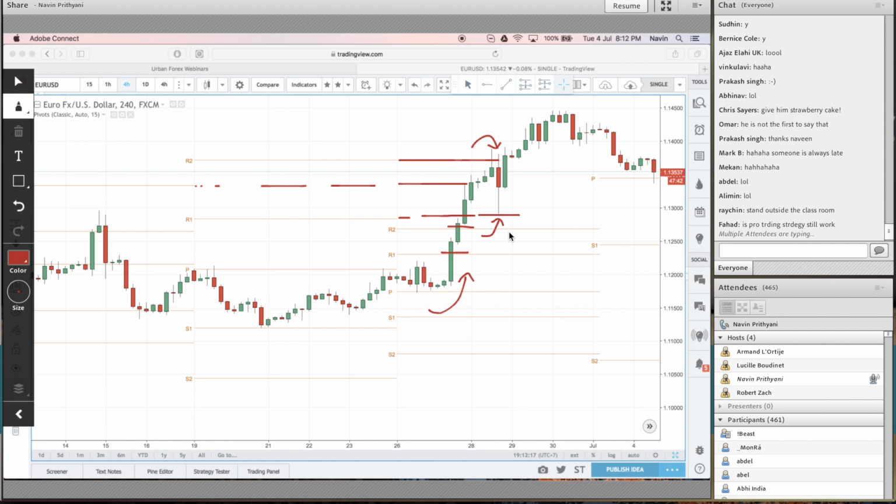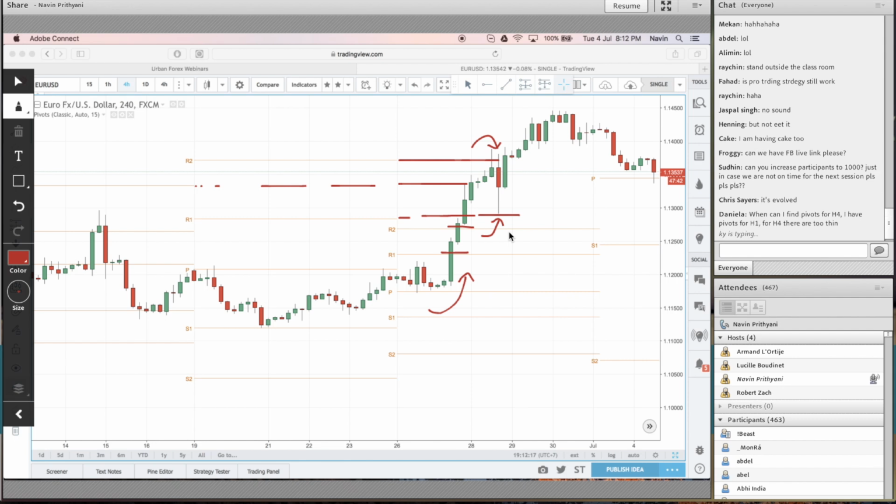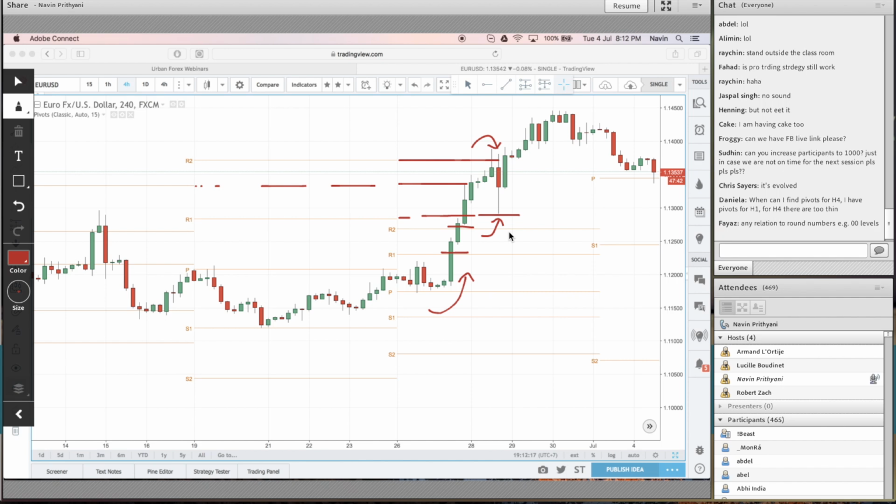All right. So does Pro Trading Strategy still work? No, I don't use it. I'm sure it works. I've seen forums all across the internet using it, and they've built EAs and everything around it. I don't use it anymore, but it's taken its own life. There are millions of people out there trading Pro Trading Strategy, and I don't know how they've hacked it, but it's evolved quite a bit. It even has EAs and everything.